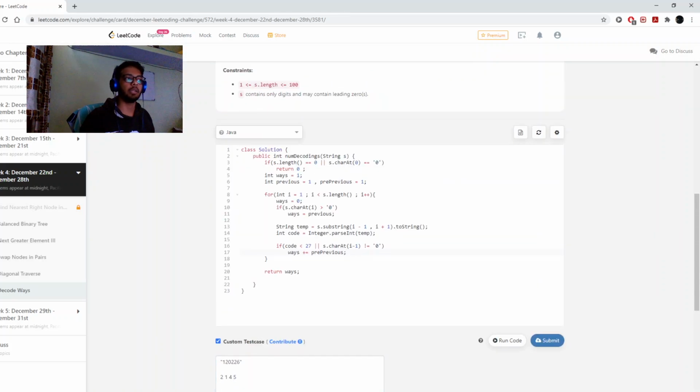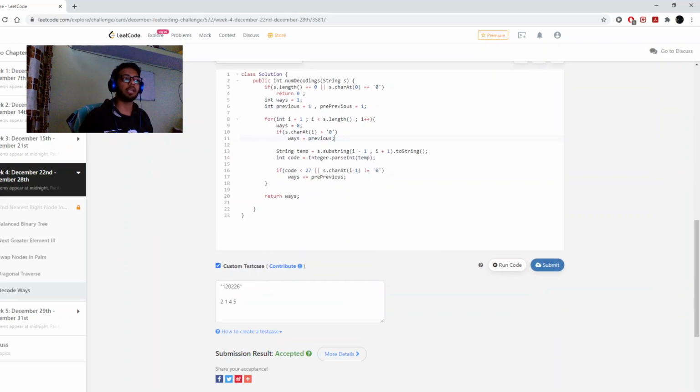So here what I am doing is I am checking if there isn't a 0. If there isn't a 0, there are the same number of ways to combine this. For example, for 2 and 1 there were 2 ways, either take 2 and 1 singly or take 2 and 1 combined. Now adding a 4 would give me the same number of ways, take 2 1 and 4 singly. Now I previously had this opportunity to take 2 and 1 combiningly. Now do I have this opportunity to take 1 and 4 combiningly? Yes, of course I have. So I need to increment my result by 1.